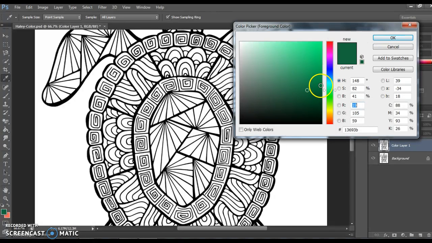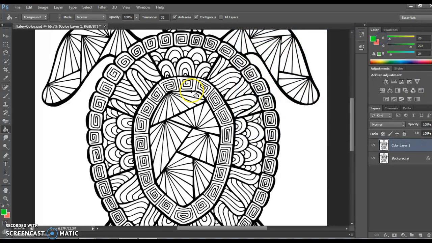And I'm going to choose cool colors, so I'm going to start with some greens. And I think I want to go with a really nice bright green. I'm going to click that, and I'm just going to start filling in these sections. Now this image has some really nice clean black lines, and I'm able to get it right in there. So I'm just kind of going to create this cool pattern